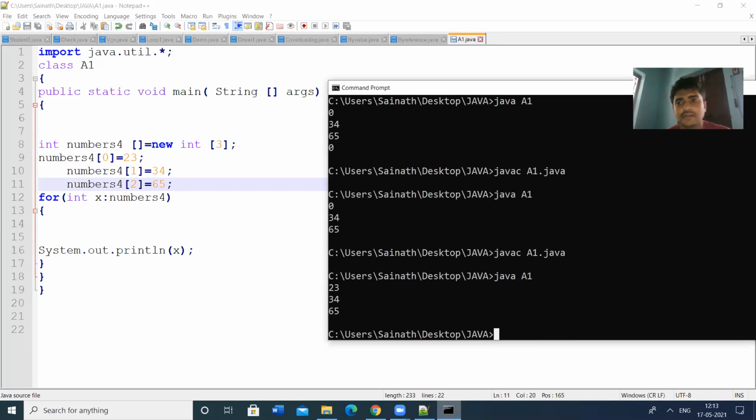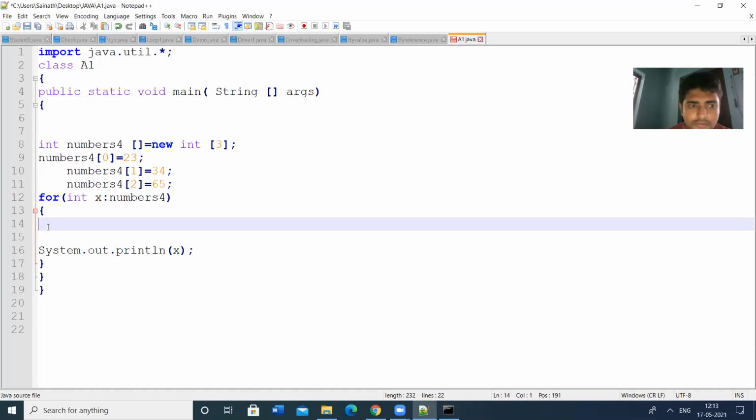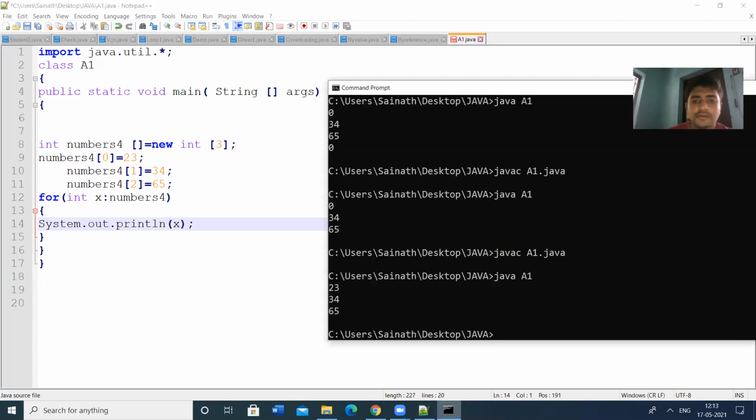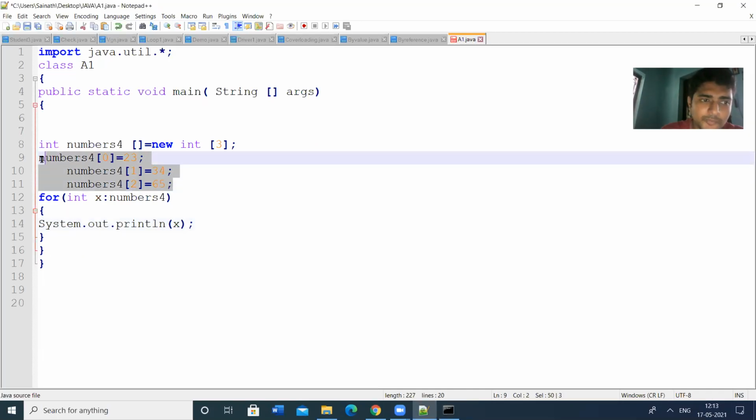Now we are getting the values as output. If you assign the values in the for each loop, we get the first value as 0. To avoid this, we can initialize the values outside the for each loop.